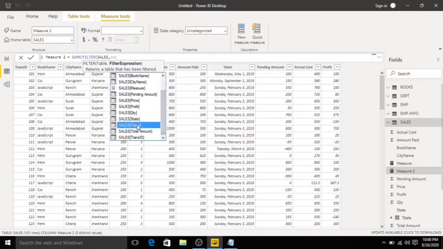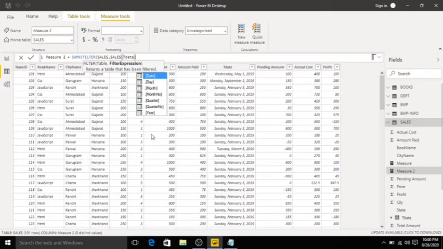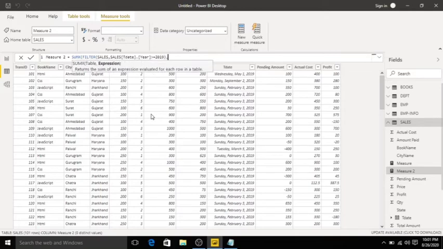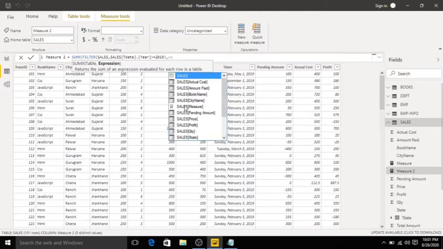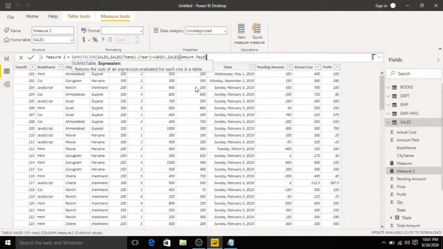I will provide, click tab, here greater than or equal to 2019. I will provide, comma, Sales of amount paid, click tab, click enter.